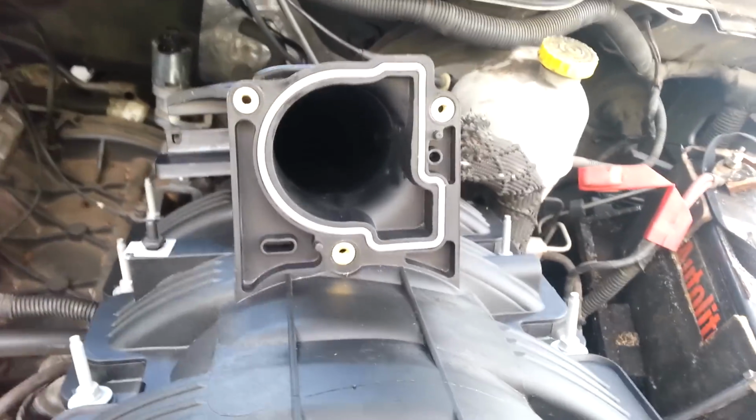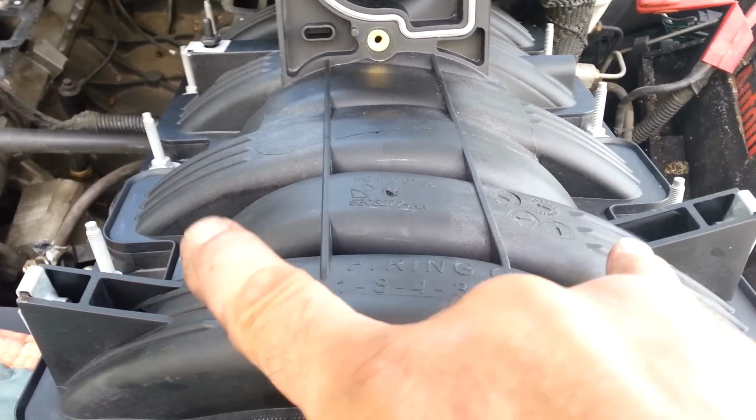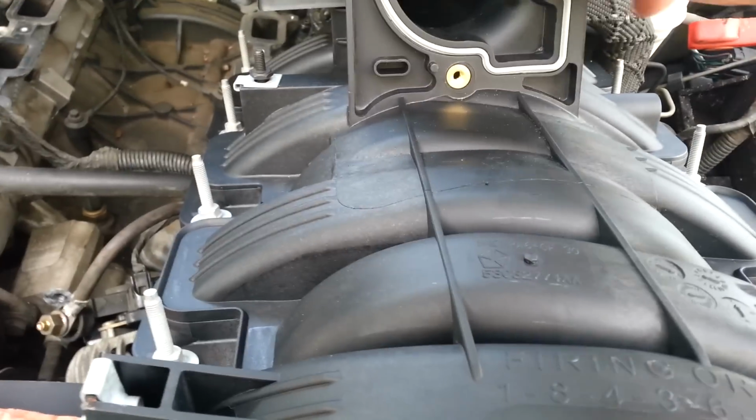The other thing you do have to remove, let me get this out of the way, besides the cross bracket that holds on your air cleaner box. Here where the throttle cables